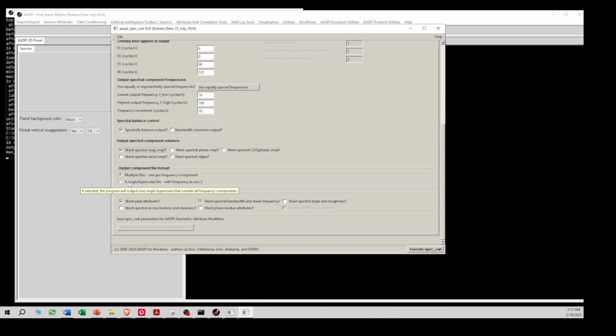You also have the option for saving these in a single hypercube, where the second axis is set as the frequency. And then there's different seismic attributes that you could define in the seismic spectra. And so I'm going to get the peak attributes. I'm going to click on spectral kurtosis and skewedness. So some nice statistical measures of the spectrum, the spectral bandwidth and mean frequency, and then I'm also going to output spectral slope and roughness. And so once I do this, I execute